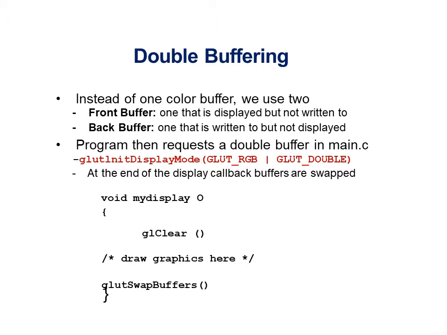Whenever you have the display callback, there we will make use of glutSwapBuffers at the end of the display function. This is another thing. So whenever you have animation, you will have two things. That is, GLUT_DOUBLE will be specified in your glutInitDisplayMode, and you will also have the glutSwapBuffers API at the end of your display function.